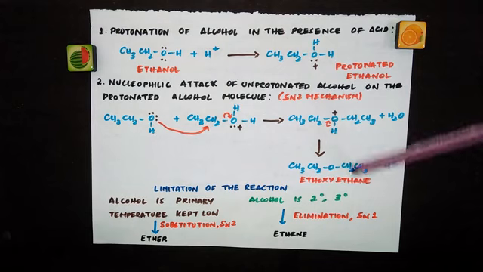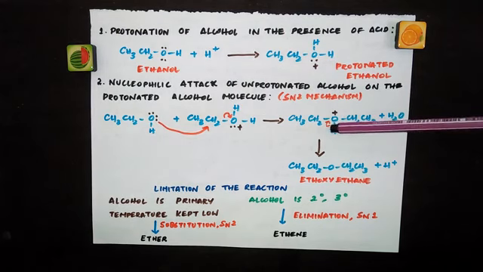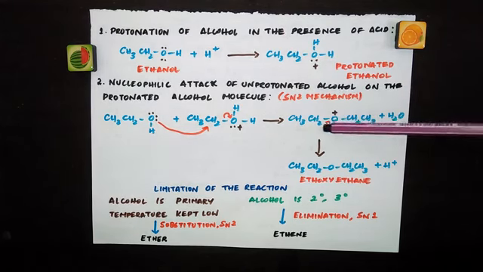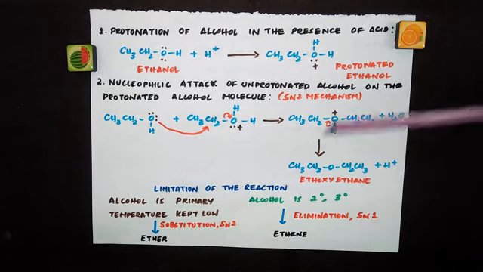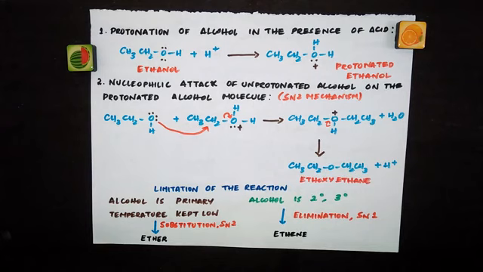So now what happens? Deprotonation. So this oxygen with a positive charge is pulling this electrons. So H is coming out as H plus. So you're ending up with ether, ethoxyethane. So this reaction is actually following SN2 mechanism. So everything happens in a single step. The reason why I keep on telling you this reaction follows SN2 mechanism is because we are going to learn about the limitation of this reaction.